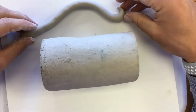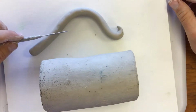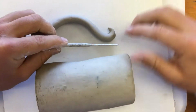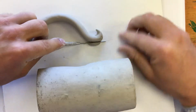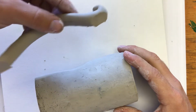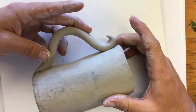So once I have an idea of how it's going to connect, I will go ahead and take my needle tool, set my arc, and then cut flat edges for my piece to have a good clean contact with the cup. The wider the space where it touches, the better contact it'll be. So you can see that a little bit better. Cut a little flat spot, cut a little flat spot,